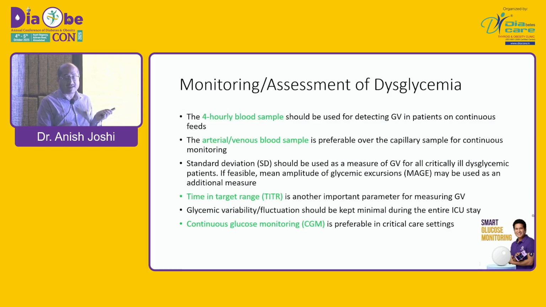The arterial and venous samples are always preferred. The time in target range is an important parameter. So it is not only the values, but how long in the 24 hours the sugars are remaining in the range that we were expecting. That is important. Look for the glycemic variability and fluctuations that are happening in your ICU patients, and continuous glucose monitoring, a device which is just applied over, and you can get readings